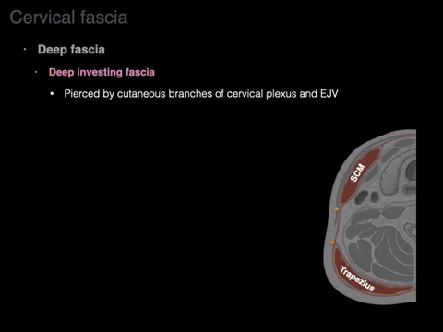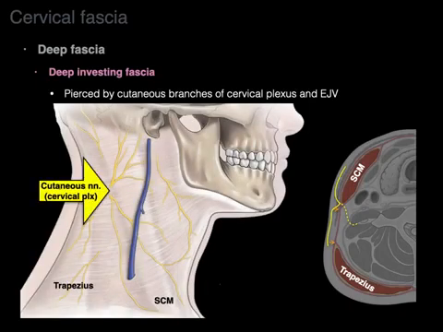Look at that cross section. There you see coming out that cervical plexus, and then it pierces through the fascia right behind the sternocleidomastoid into the superficial fascia. So there, it's called the Erb's point of the neck, right on the back of the sternocleidomastoid. All of those cutaneous branches from the cervical plexus go out to the neck, and then there at the very bottom is the external jugular vein, the bottom of that posterior triangle, and that external jugular vein pierces that deep